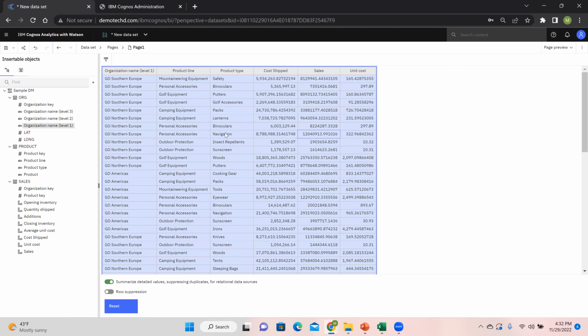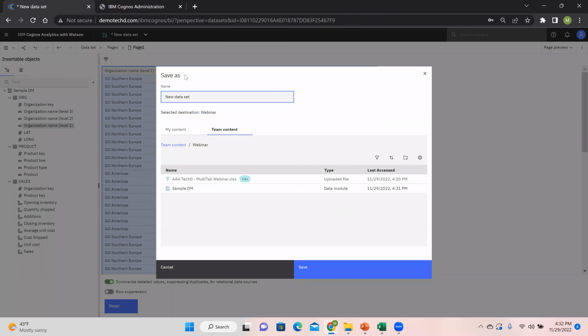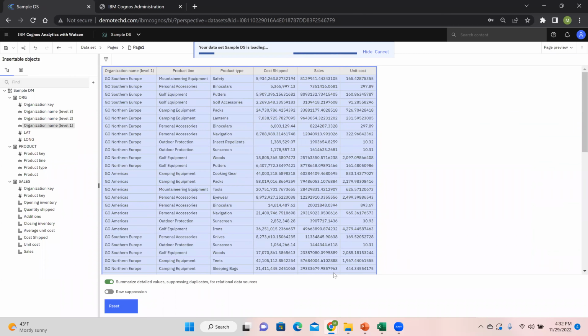And now what I can do is I can actually just save this data set. I can do a save as or save and load data. Do save and load data. I'm going to call this sample DS. Hit save. And what's important about this is, again, it's very fast and you can schedule it to run daily,